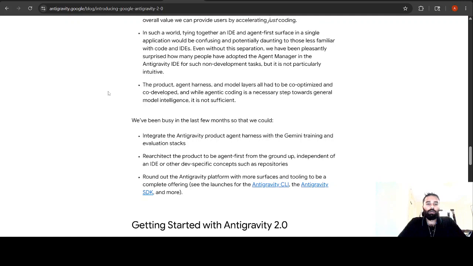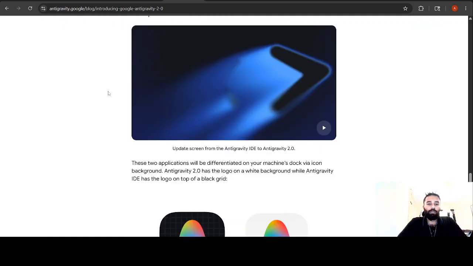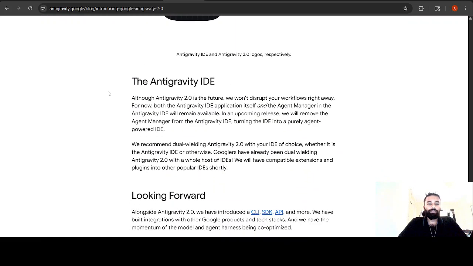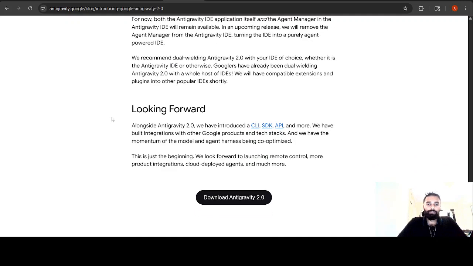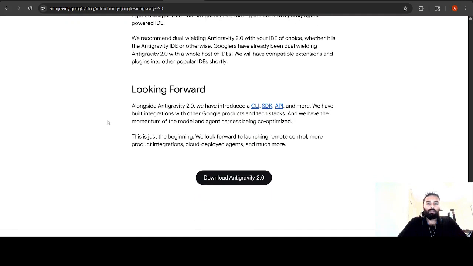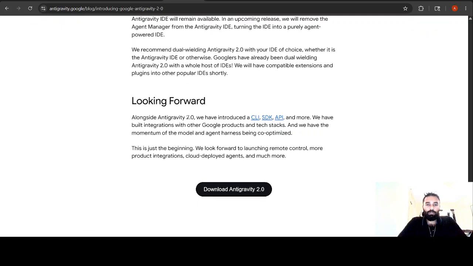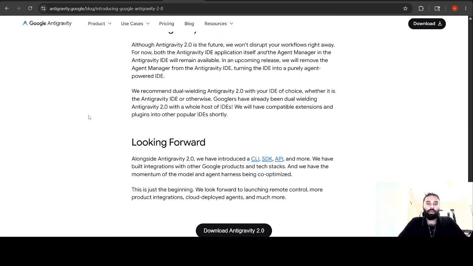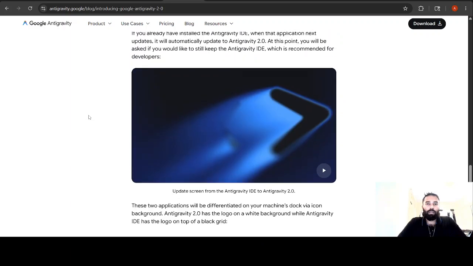And coming to why 2.0 came, this has also been mentioned by Google. They have also launched, along with 2.0, their command line, SDK and API. Okay, so the unique part which they have mentioned here,